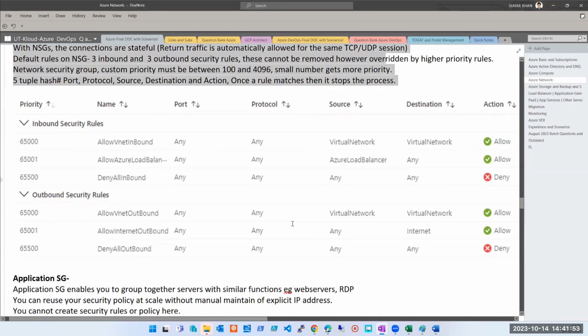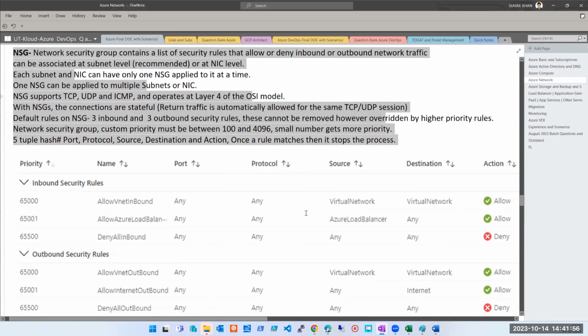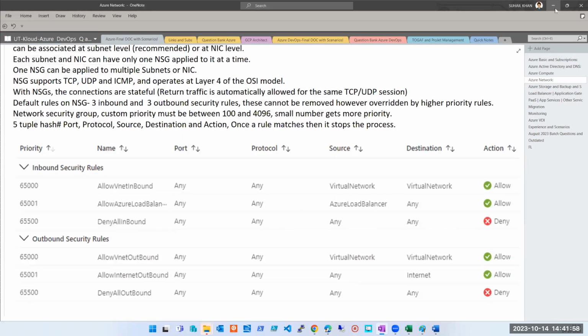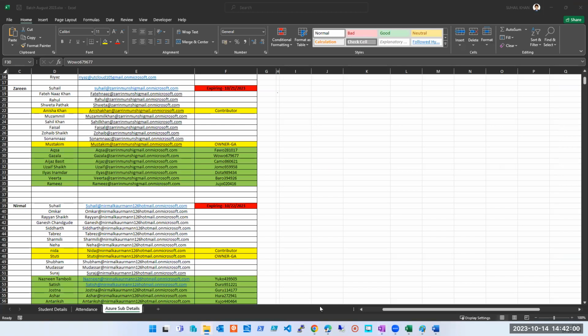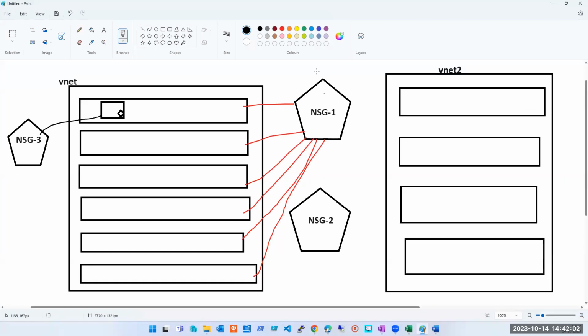Yes. Okay. Now let's go ahead and do the practical. Before that, I will just explain it to you on this one again. Now let's say that on this NSG3, I have blocked internet access. Okay, internet blocked.